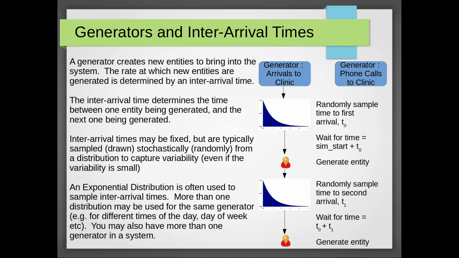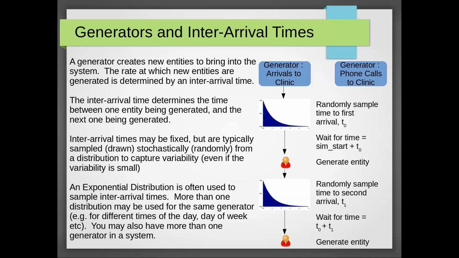But as we looked at in that example, we saw that even a very small amount of variability can be important and can have a knock-on effect on our system. Very often, an exponential distribution is used to sample inter-arrival times, and that's a common thing that you will see. So very often, as your starting point, at the very least, you probably use an exponential distribution, unless you had evidence to the contrary that the rate of your arrivals is following a different kind of